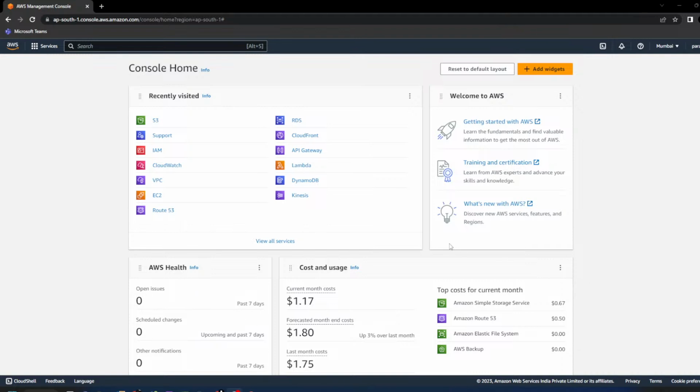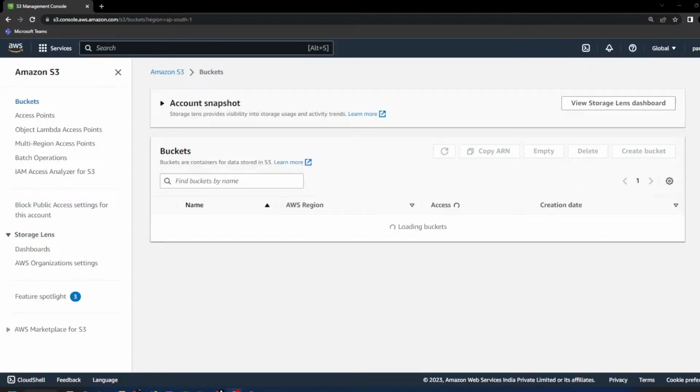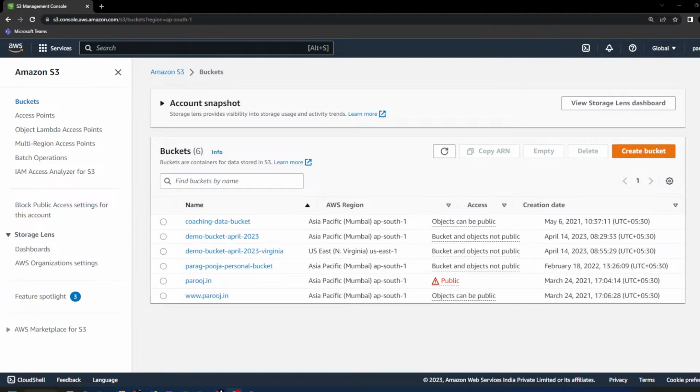So in the console, let's navigate to S3. We have created two buckets previously, in our previous session. These are our two buckets. Let's go to this bucket